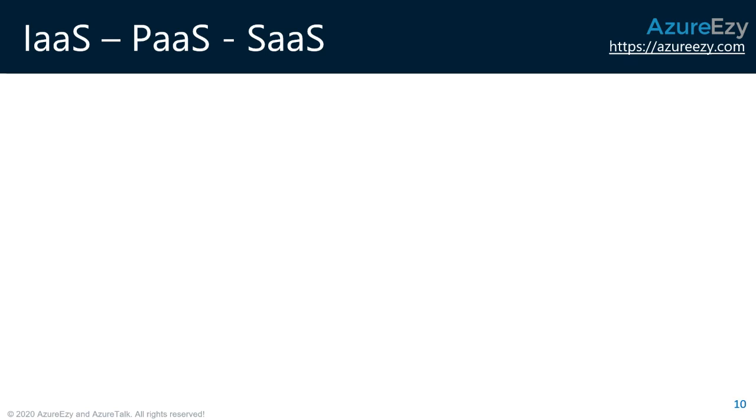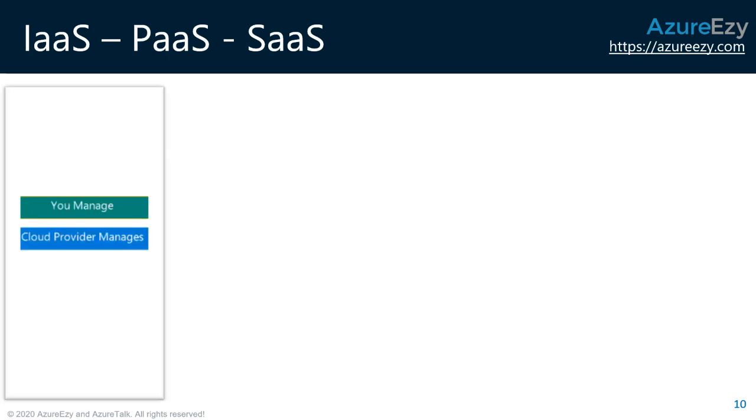It can be IaaS, it can be PaaS, and then SaaS. We will go through these acronyms, what exactly they mean from the service point of view. We normally categorize services in one of these categories: is it an IaaS solution, is it a PaaS solution, or is it a SaaS solution? Now, what do we mean by IaaS, PaaS, or SaaS?